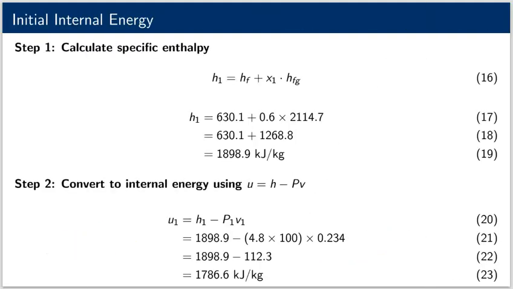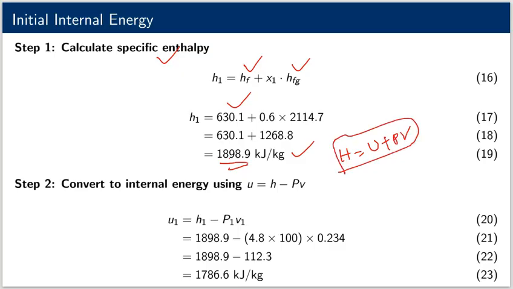Now we can easily calculate the specific enthalpy. H1 is Hf plus X1 into Hfg. We plug in all this and we'll get H1 equal to 1898.9 kilojoule per kg. Now we know that H is equal to U plus PV. So this is the formula. From here we know the H value, we know P and we know V, so we can easily calculate the internal energy. So U1 will be H1 minus P1 V1. Again we plug in all these values, so we'll get U1 is